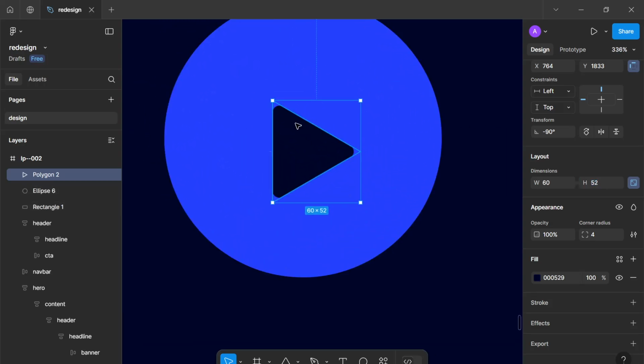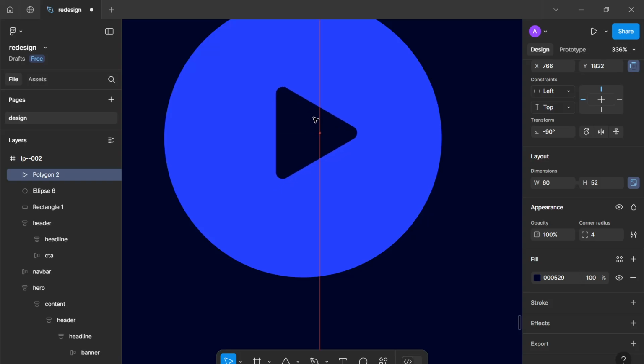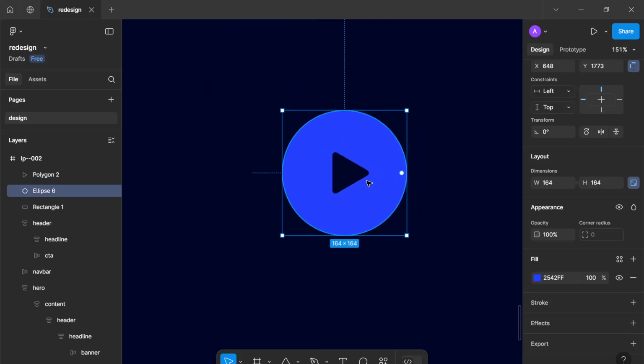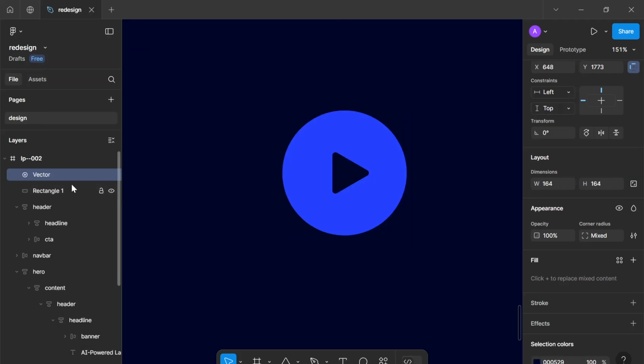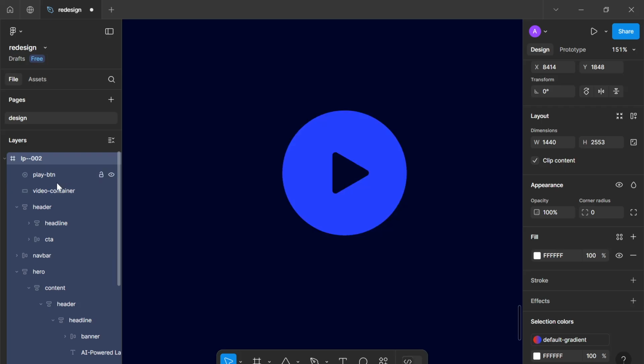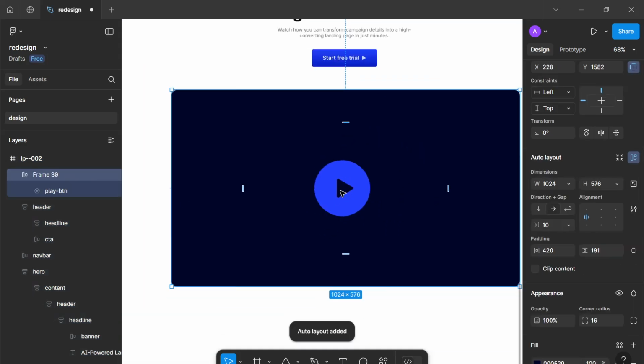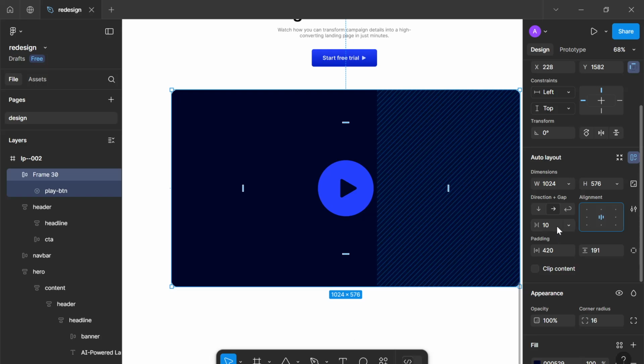Okay, since Figma doesn't really work in centering polygons, I'm just gonna center it as I see it visually instead of actually using the guidelines. Then I'm gonna group it here. I'm gonna flatten it into a play button and video container. Now we can just group these two elements here, add auto layout to them, and center align